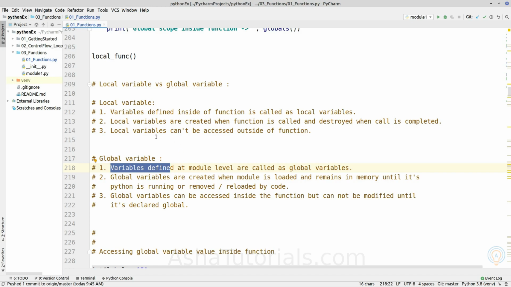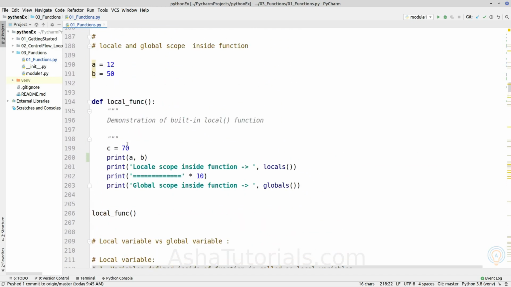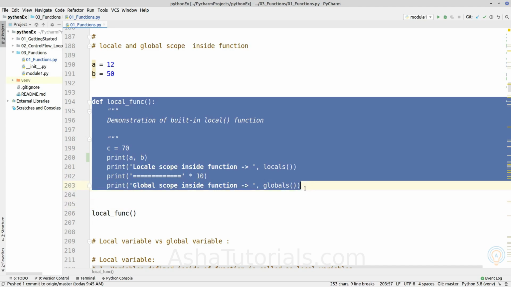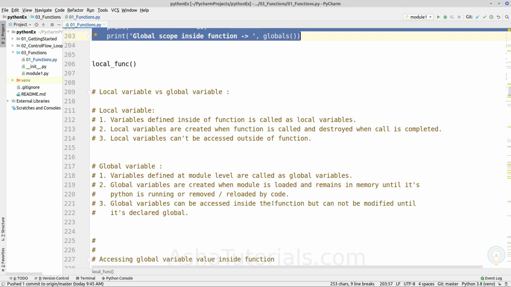So what is the main difference? A local variable defined inside a function gets created when the function call is made, and it is destroyed when the function call finishes. In comparison, a global variable stays in memory until the Python console is closed or it is removed explicitly using code.